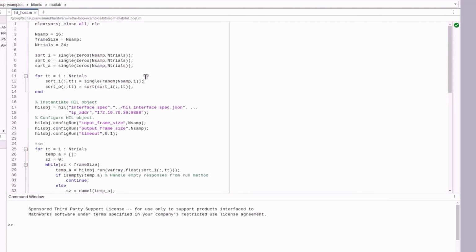Use MATLAB to generate stimulus for the design. For bitonic sorting, I will generate a column vector of random floating point numbers. I will then use MATLAB's sort function on this random vector to create a golden reference column vector. I will create a matrix of these column vectors, where the number of columns is the number of desired test